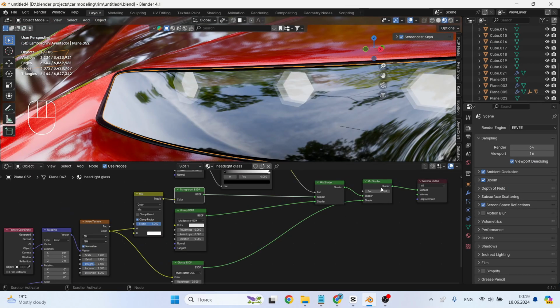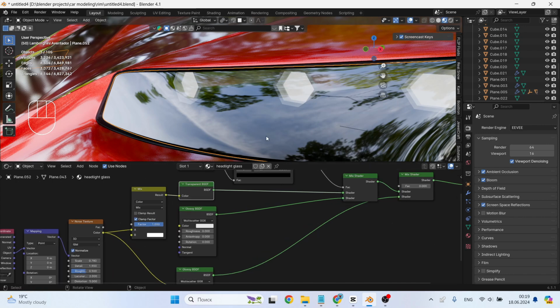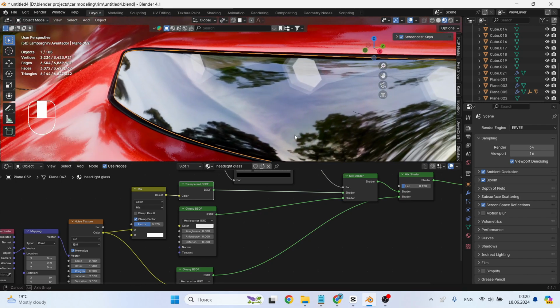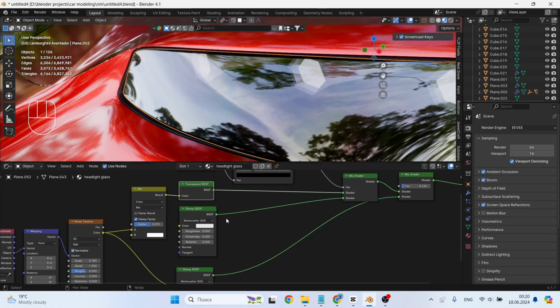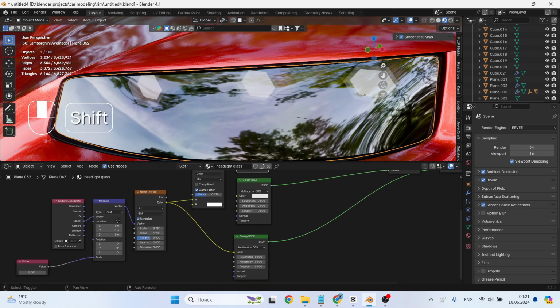So let's set the mix shader to 0 and look at the mix color. If you set it to 0 then it is completely on, if you set it to 1 then it is completely off. I suggest placing it somewhere at 0.55. I like it like this, and the mix shader can be turned on a little bit, approximately 1/10, like this. In general, you can play with the settings as you like, because the main thing is that we like it. Look how cool the rainbow shimmers. Also you can try different scale settings.